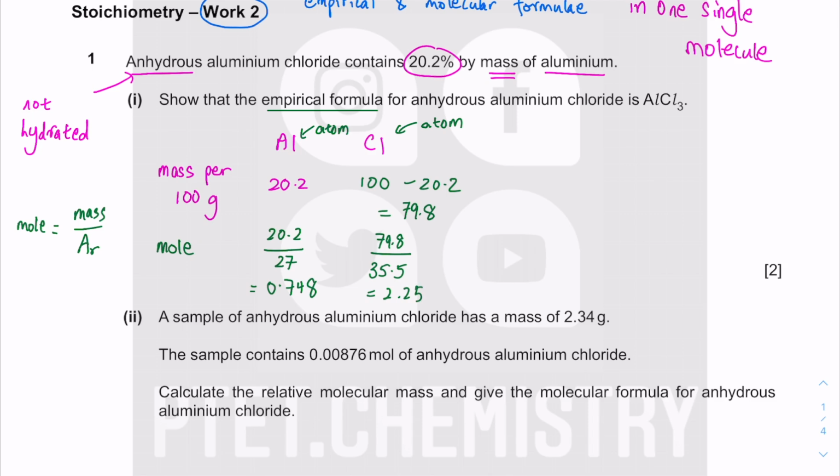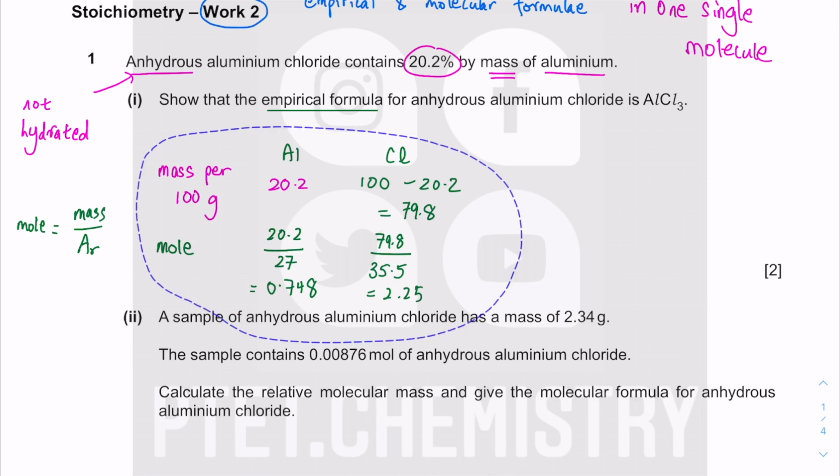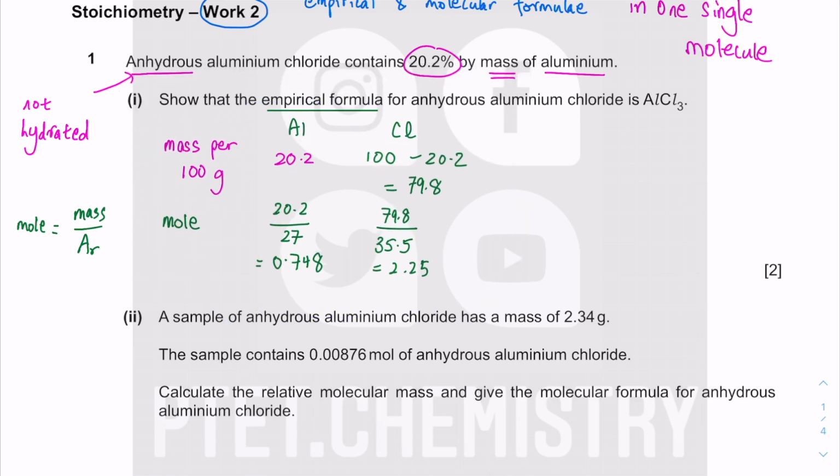So in terms of the simplest ratio, we need to try and simplify that now. I try to create a bit more space for myself so that I can write everything down there. Let me change the color. So I want the simplest ratio. If you want the simplest ratio, you compare the two moles, which one is smaller. So 0.748 is smaller, so you divide by itself. You divide by itself, that is just 1, and that one divided by